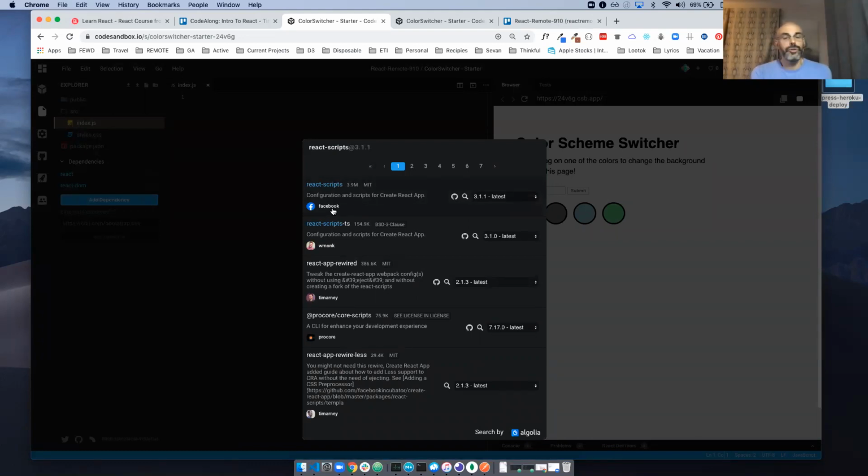Okay. So they're just configuration scripts for a Create React App. So what Facebook did was they came out with this library, but back in the day, getting React up and running was a really convoluted process. It took a lot of scaffolding to get this thing working. So somebody at Facebook's like, hey, why don't we just create this tool called Create React App? And all they have to do is run create-react-app, the name of the app, and it spins up a React application. You couldn't get any easier a solution than spinning up a React app.